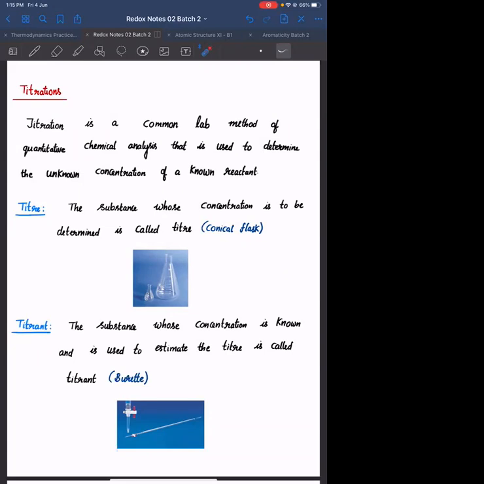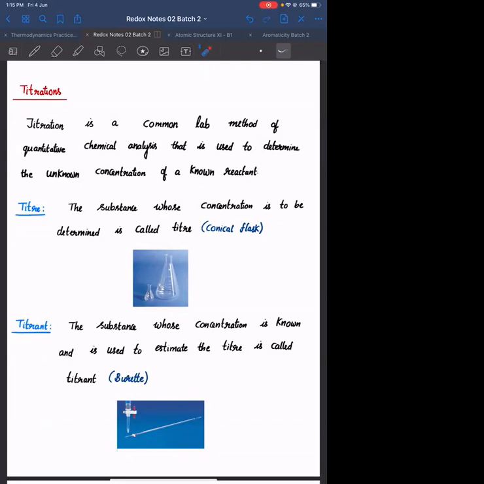Concentration matlab either it can be normality or molarity. Okay, if you know normality, you can find molarity by multiplying it by Z factor. If you know molarity, you can also find normality. Okay, you can do either of the things. So you will be finding the concentration of unknown substance with the help of concentration of known substance. You will be given two substances. One of the substance, its concentration will be known. The other substance concentration will be unknown. और जिस substance का concentration unknown है, उसका volume हमें पता होगा.